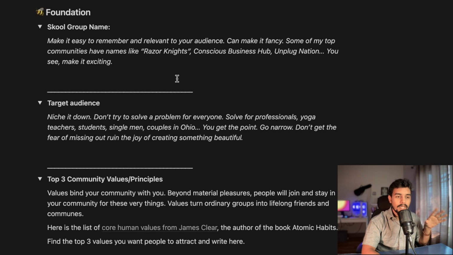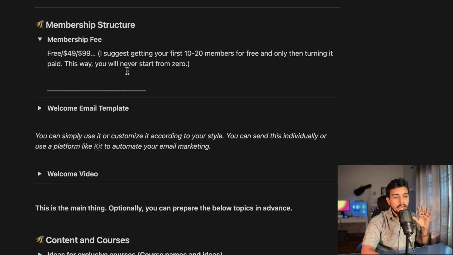Now, once you have set your foundation, then you can go to membership structure. So in the beginning, I would suggest start with a free community and find out those 10 people who are going to join it. They can be free for life or it can be for a year based on how you see your community. And then just write down what do you think is the value of this community. If you are unsure, you feel free to ask this question in Conscious Creators Hub. I'll be very happy to answer and I'll also give you the frameworks for doing it. Otherwise, if you already know, then I would say start with free and then start increasing the price and see how market responds to it.